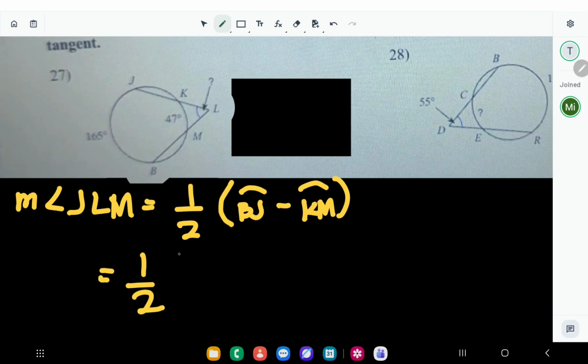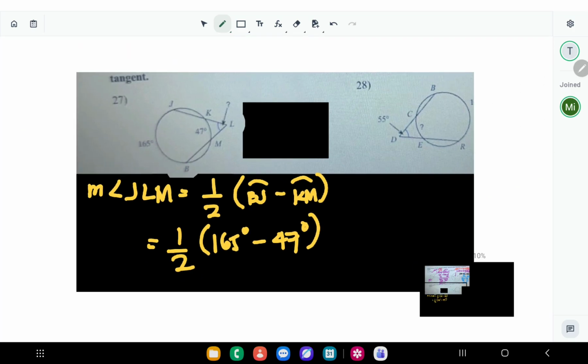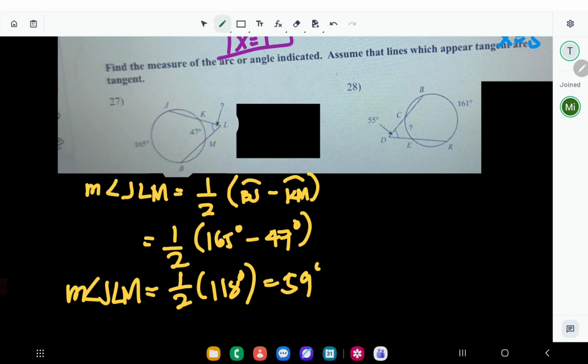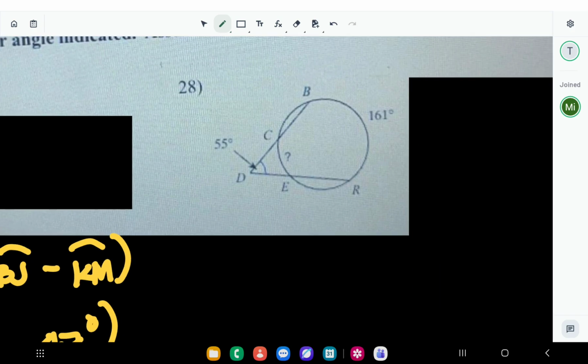What is BJ? 165 degrees minus 47 degrees. So what is that? Measure of angle JLM. 165 minus 47. What's your answer? Okay, 118. 1/2 of 118. Yeah, so the angle is 59 degrees for 27. And then for 28,